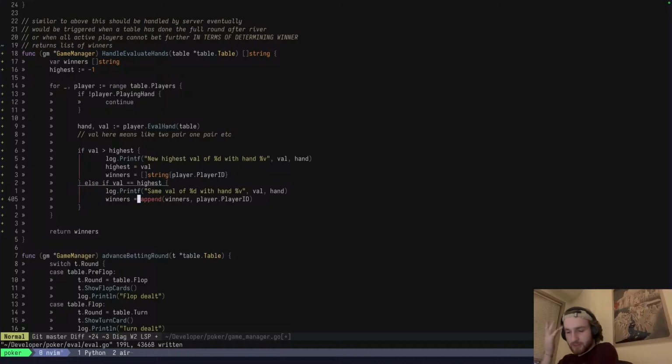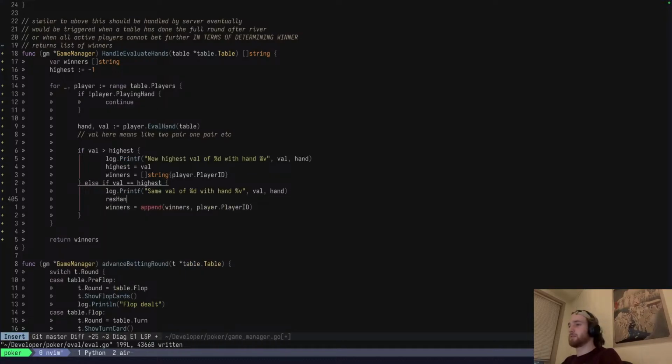No, because theoretically, winners should only have the ones that are splitting, so they all should have the same value of hand. So what I can do is take res hand equal to eval.handle tie of hand and